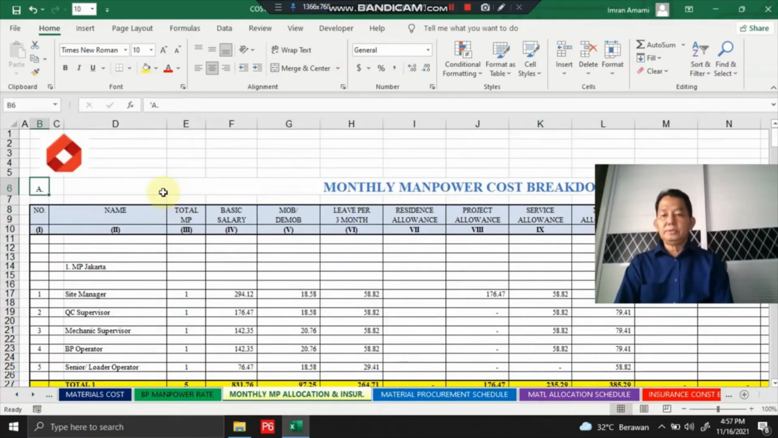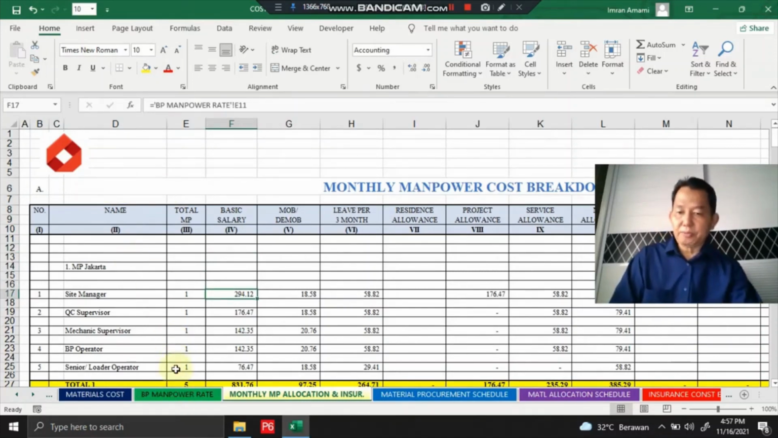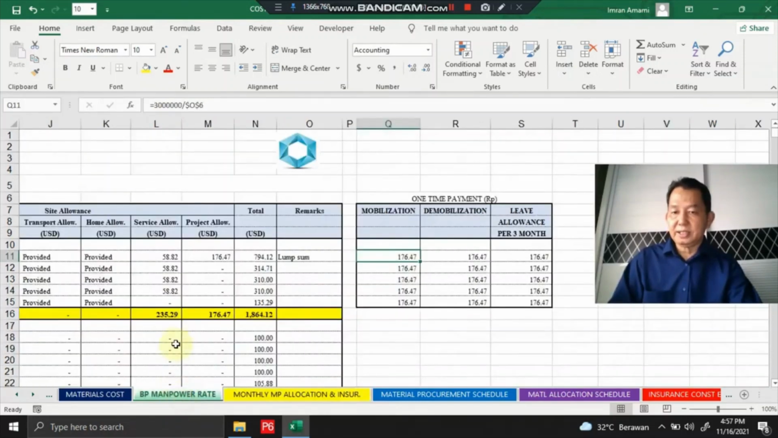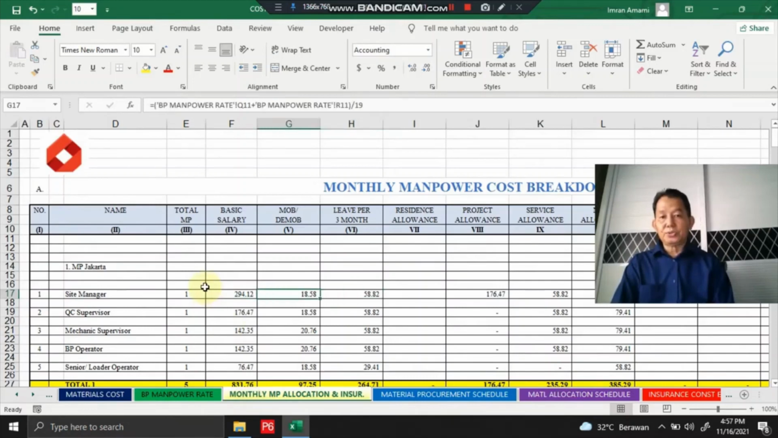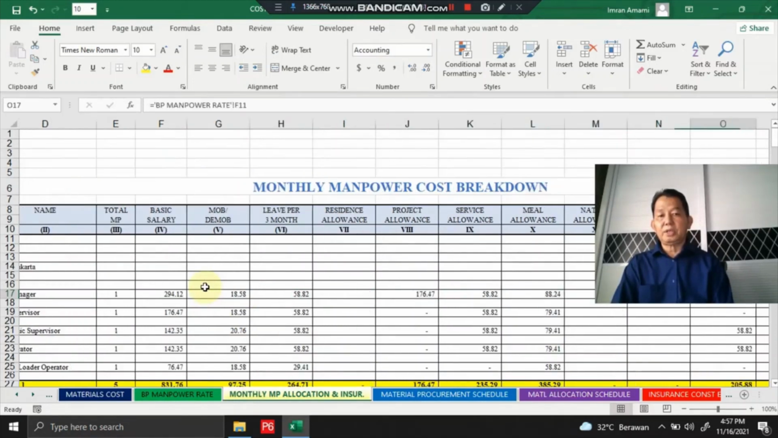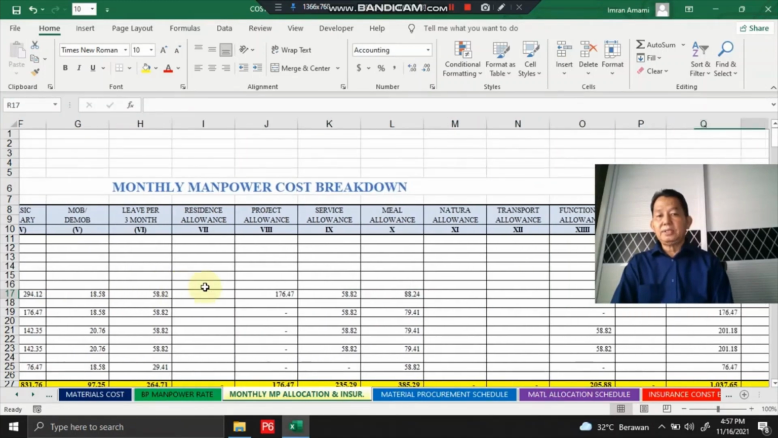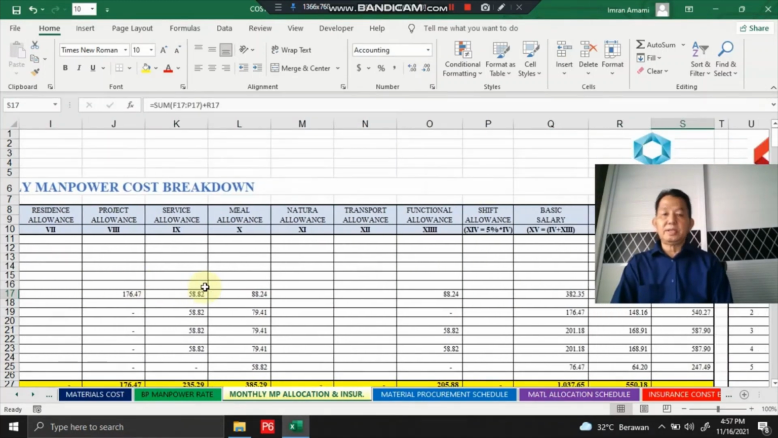Based on the bid plan manpower rates, we calculate the monthly manpower cost breakdown. Yes, this is based on the basic salary that we composed in previous sheets here. Okay, and then we calculate mob demob cost, leave for 3 months, resident allowance, project allowance, service allowance, meal allowance, nature allowance,